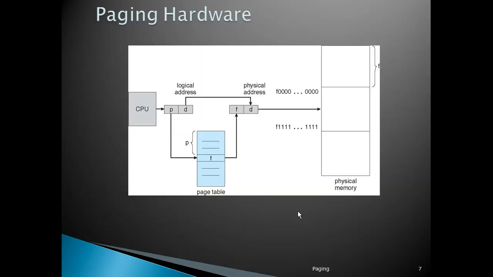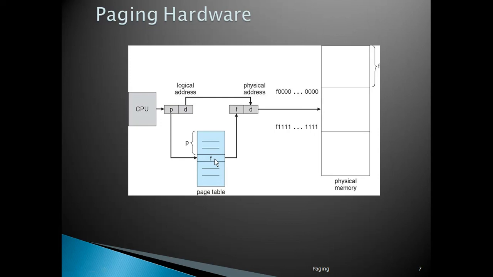Now this is the structure for paging, that is paging hardware. First of all, the CPU generates the logical addresses which have the format page number and the displacement. Now this page number acts as the index to the page table. Now P represents the page number. Now at index P in the page table, there is a frame number or the base address of the physical memory where